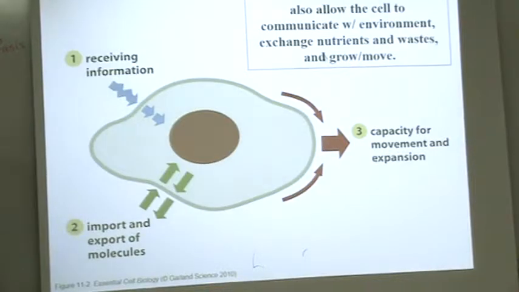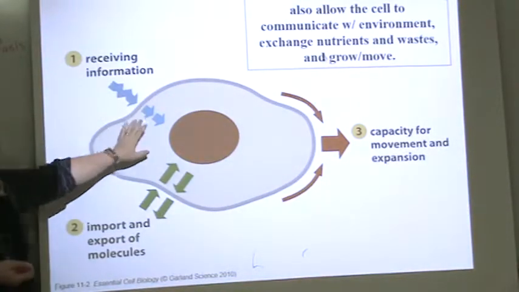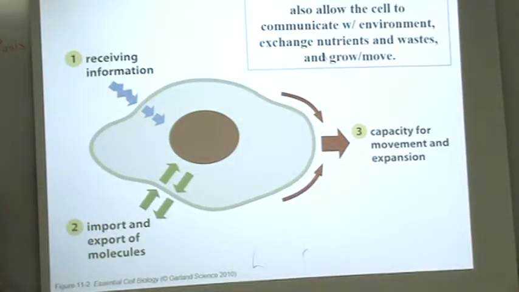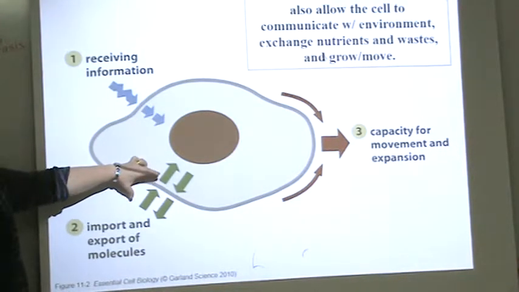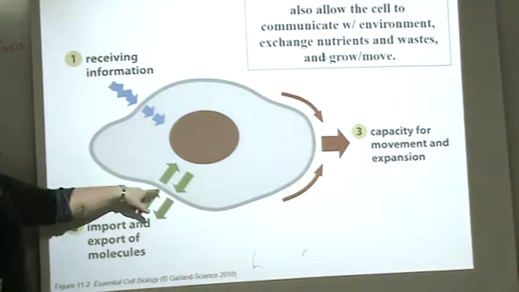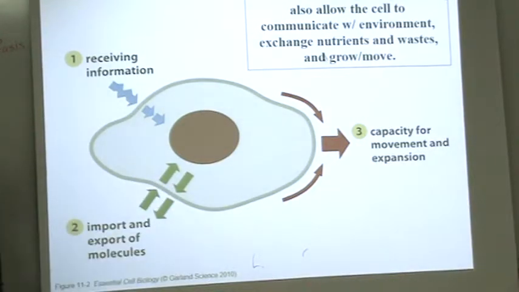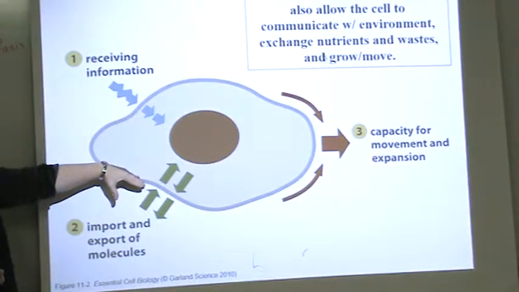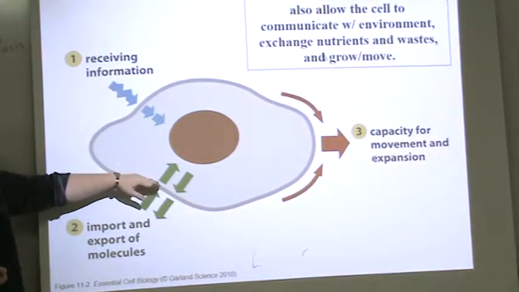To do what the cell needs, the membrane has three big jobs to accomplish. This would also be true for internal membranes, but for simplicity, they're just showing the plasma membrane. Import and export is the one I just talked about. So what's allowed in, what's sent out. This would be more like border control. Having a border that lets some things through and not others